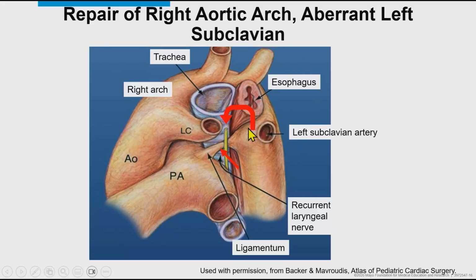Often it's not until they're having solid foods and are a little bit older. And so we, as a specialty, have been considering when to repair these. We would rather not have a child have chronic tracheal and esophageal compression. We think the longer you have this, the more likely you'll have longer term consequences. And so at least in our hands, and we do a lot of these, I think the optimal timing of repair, in terms of the pain, the child's tolerance of the operation, recovery, and also the technical ability of the operation, I would say is about 1.5 to 3 years.